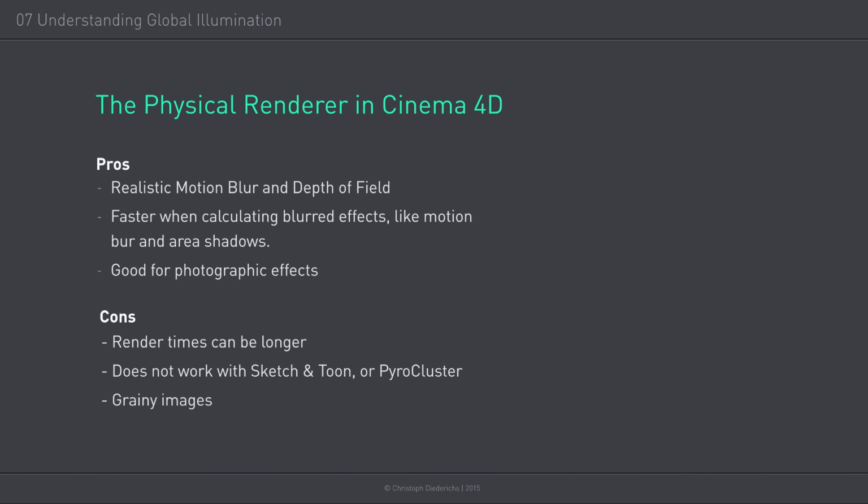As I said, when you use the physical renderer in Cinema 4D, it's really good for realistic motion blur and depth of field effects. And also it can be faster when you want to use motion blur and depth of field. It not only looks better, but it's also a little bit faster. So keep in mind, it's good for photographic effects, and it's not a physical renderer which calculates the light in your scene. The con is that when using those effects, render times can be a little bit longer,